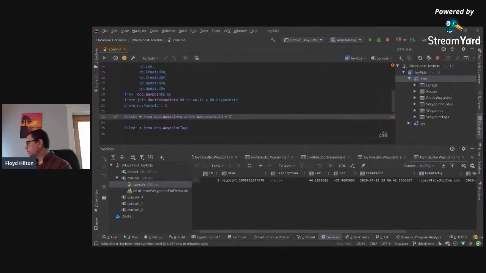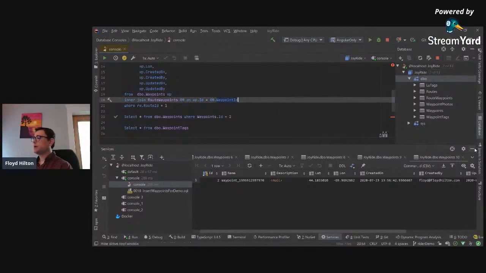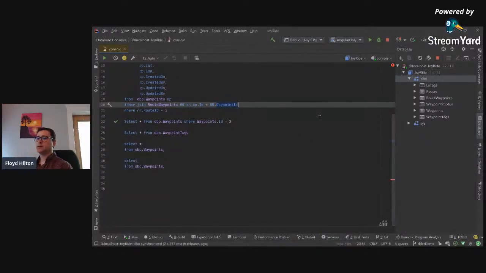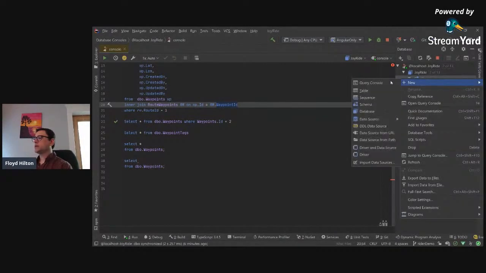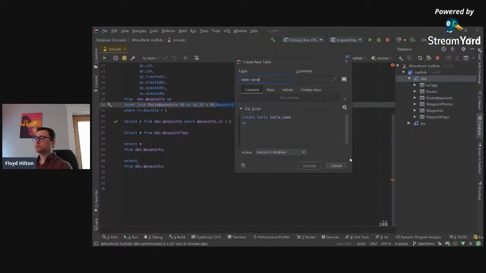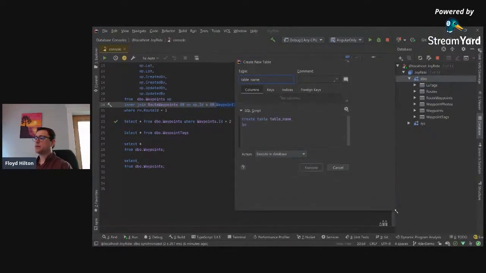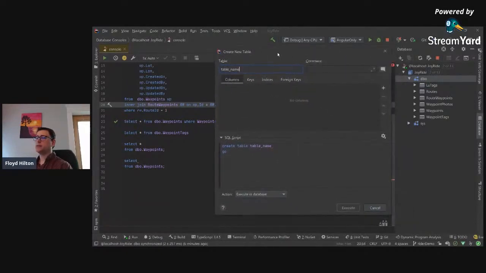Let's see. So the next thing, the integration with the database, there's also some other nice features. You can easily create tables within the database, and depending on what you like to do or how you like to go about it, we can